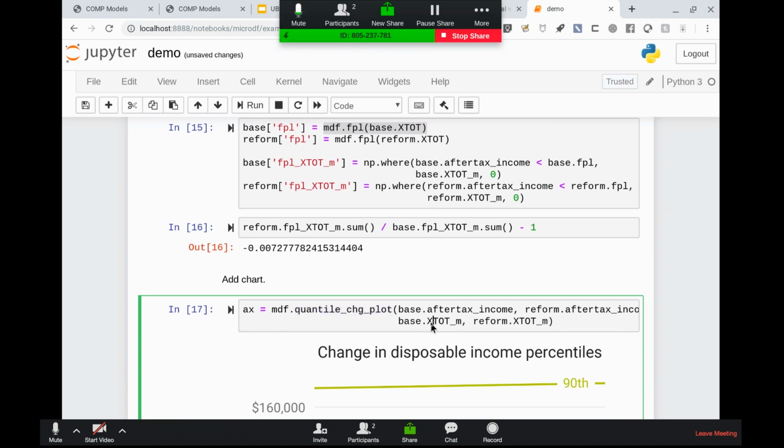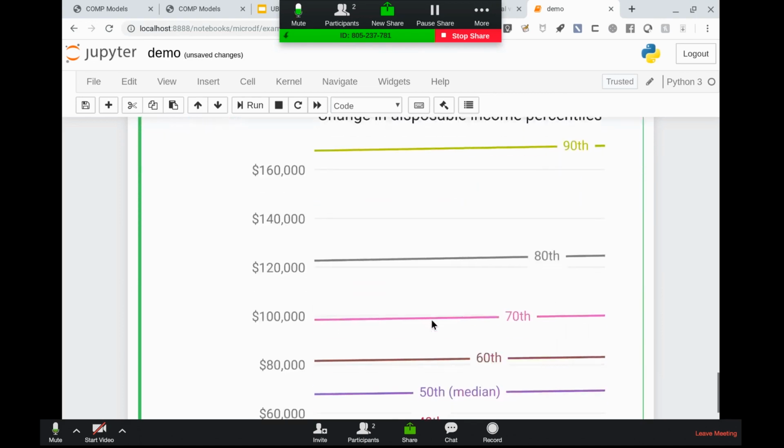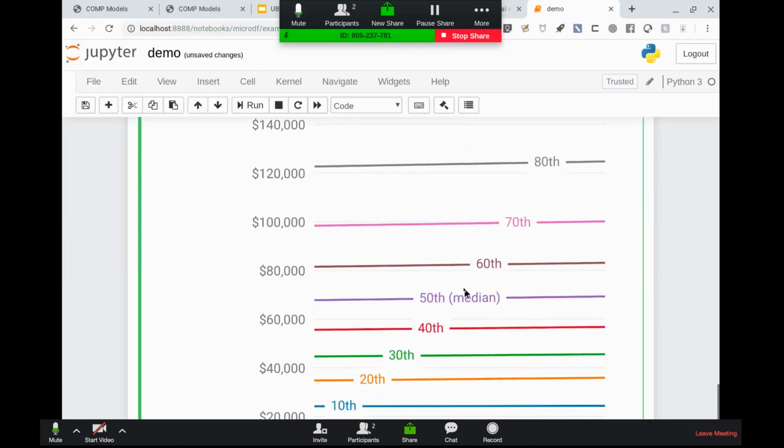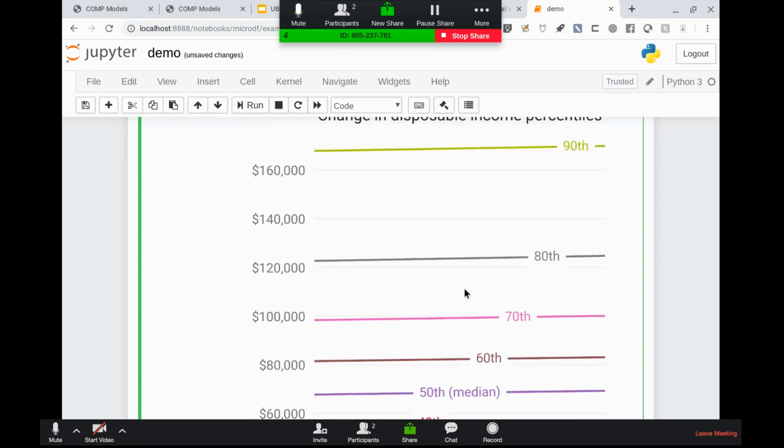In this case, we're going to weight by the number of people in calculating these quantiles. So XToM is this weighted feature that does that. And right there, you get some idea of how the distribution changes. So it actually goes up at most of the percentiles. It probably falls a little bit more at the top that isn't shown here.